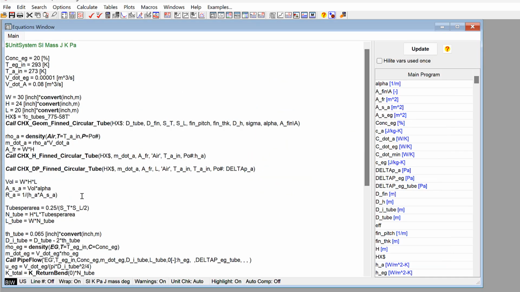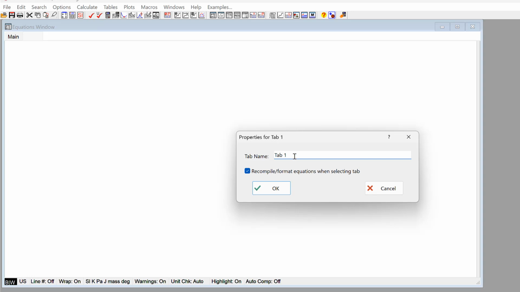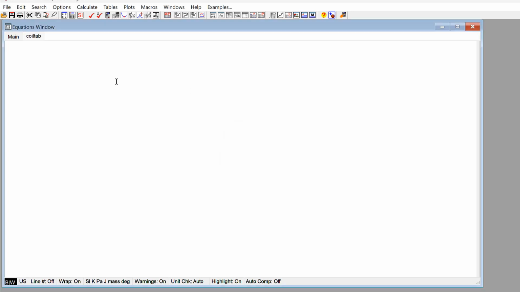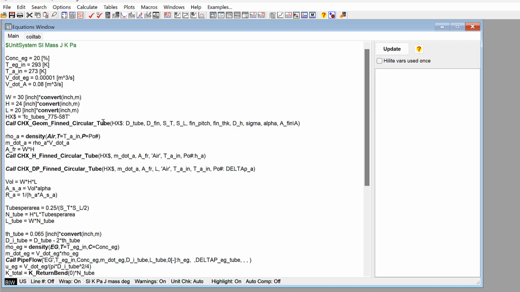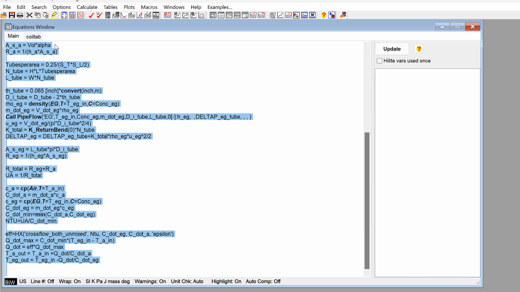So what I'd like to do in this video then is actually take this model and turn it into a procedure that can be integrated easily with a runaround loop or a system model. So the first thing I'm going to do is put these equations into their own tab. So I'll make a new tab, add a tab. We'll call it Coil tab. And we'll pick up all of these equations. So Control-A and copy and paste